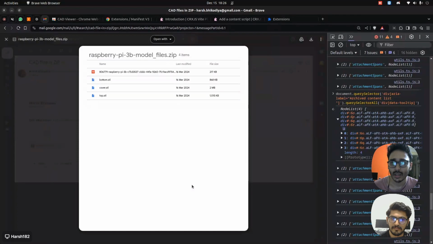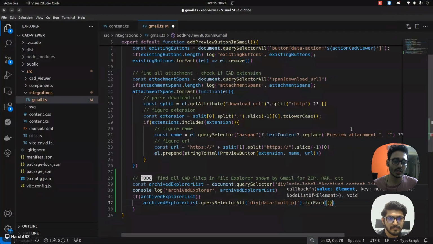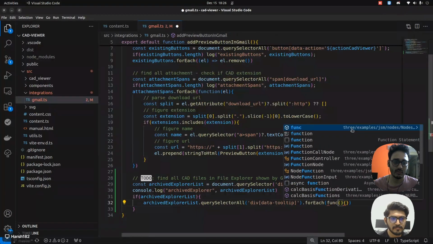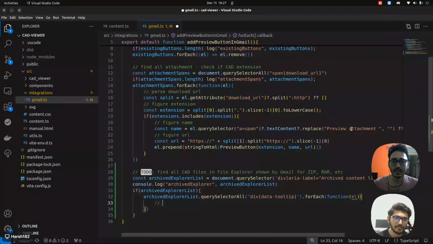Now I need to do a forEach function on each element. So here I'll parse element by element. So first thing is